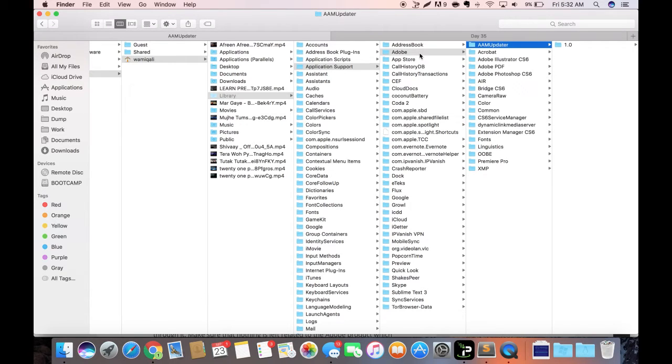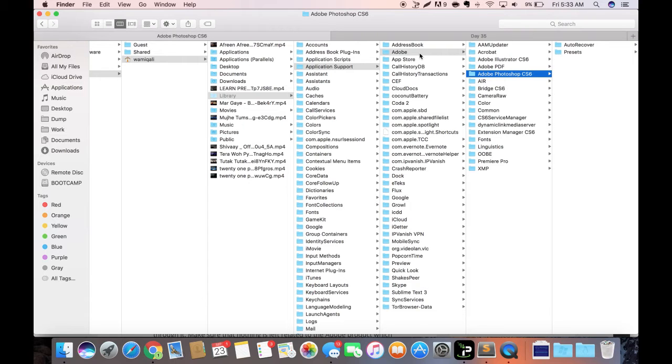So the first approach is to delete only those folders which are actually related to the products which you are trying to install. Like suppose I am trying to install Adobe Photoshop CS7 and here Adobe Photoshop CS6 folder is present. I'll delete it and I'll again try to